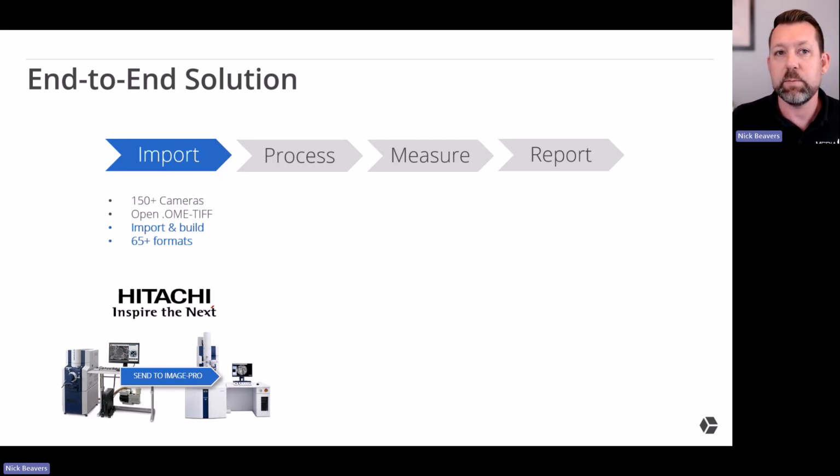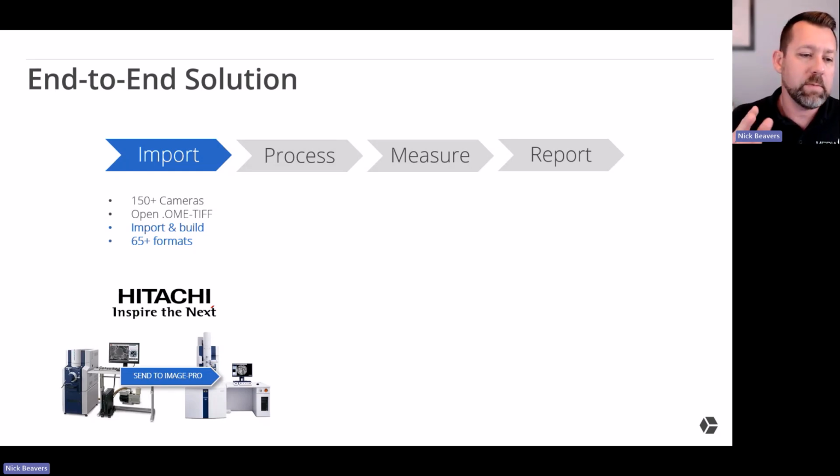inside every Hitachi piece of software a send to ImagePro button. So this really improves the efficiency. If you happen to have a Hitachi microscope, and depending upon the version and the year, because as they were putting these buttons in, they were in the more recent models, obviously, you may or may not have a send to ImagePro button. Sometimes it's called the IPI button. And that would, if ImagePro is installed locally, immediately transfer the image directly to the ImagePro platform, really improving that